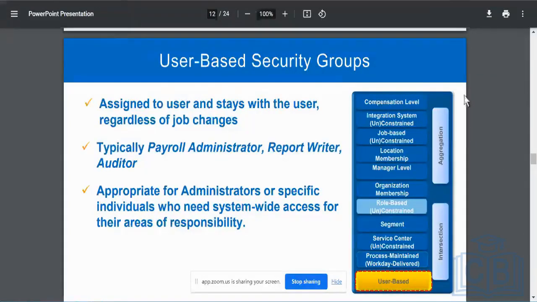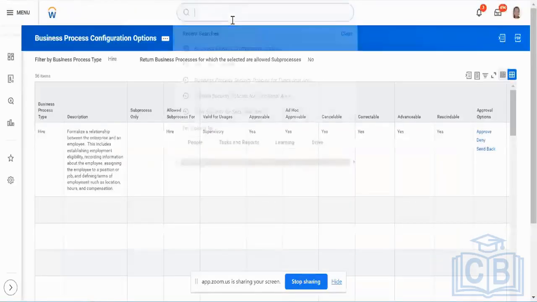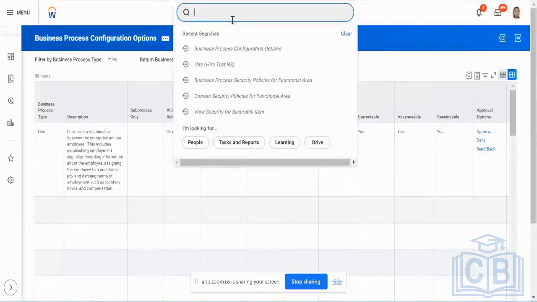And one activity that I want you to do is pick up any of the user-based security groups. You can choose any of the administrative ones. You have HR admin, payroll admin, compensation admin, security admin. Any of these administrator security groups, go through their security group, find out what are the domains and the business processes to which they have access, and you'll be really surprised, because they'll have a big laundry list of actions which they can do, and virtually all the administrators,